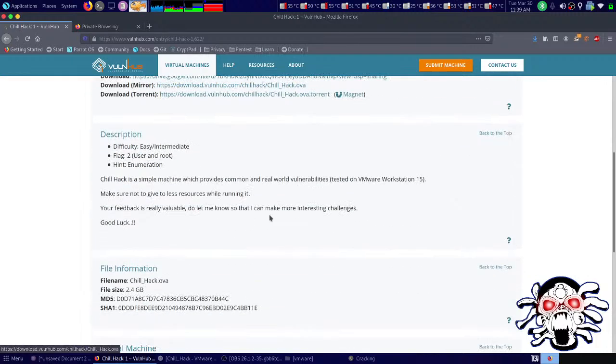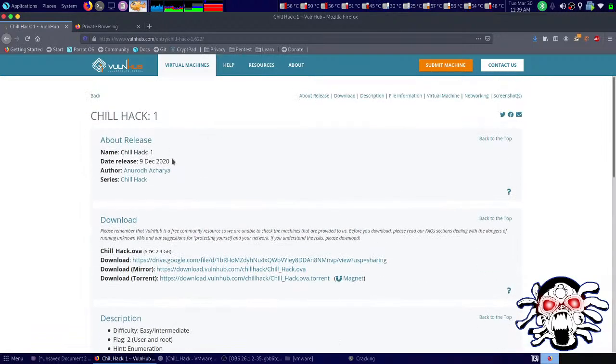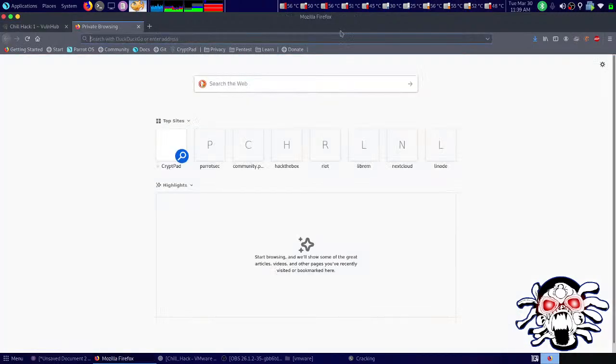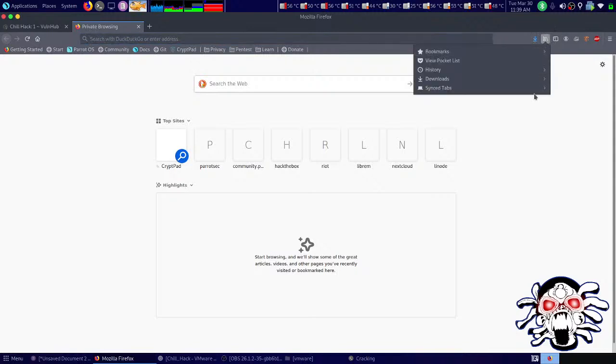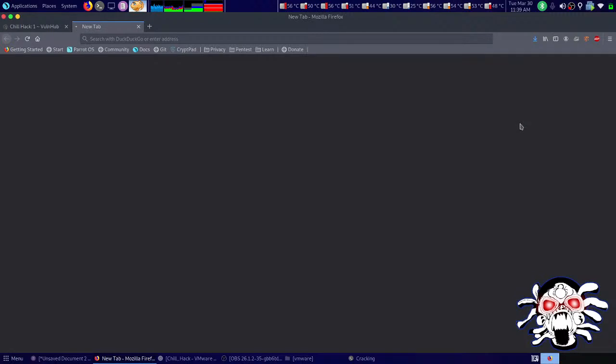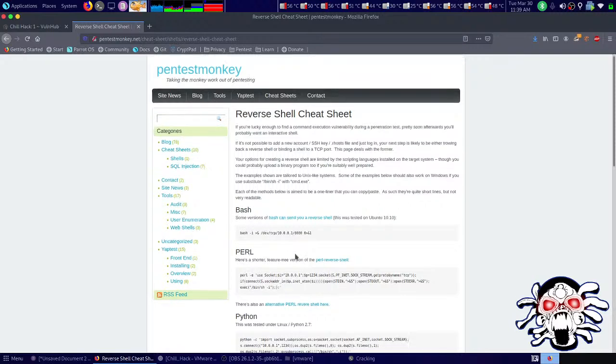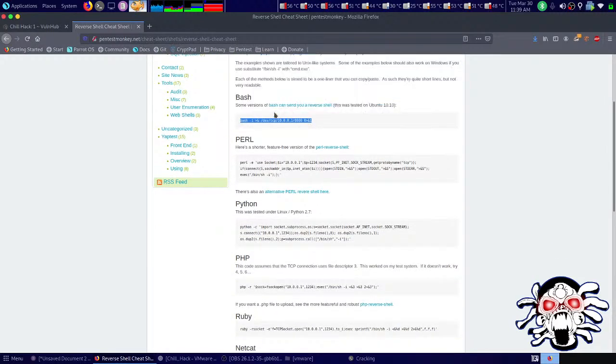Let's see what's out there. Then we need to enable DHCP. That's fine. So I had the bookmark for the reverse shell guide. Let's see that we need this, right? So I have this bash command. This is for Perl. This is all the reverse shell